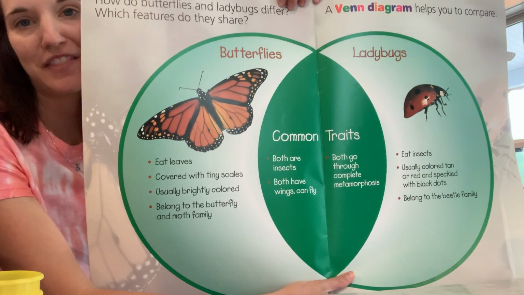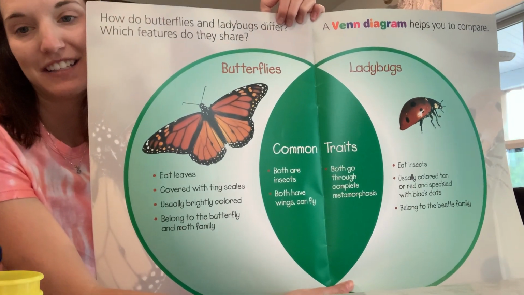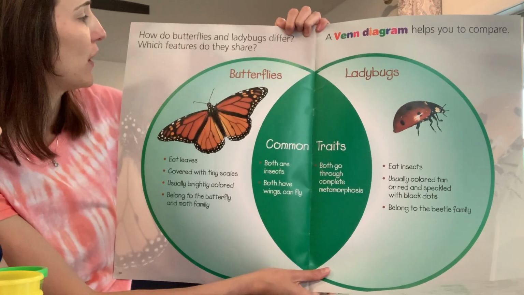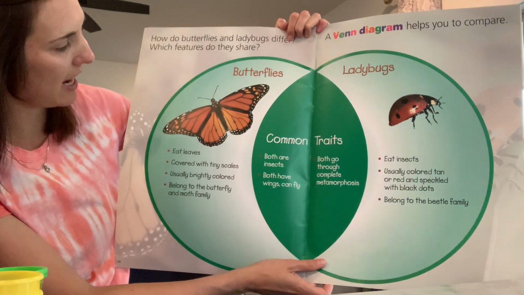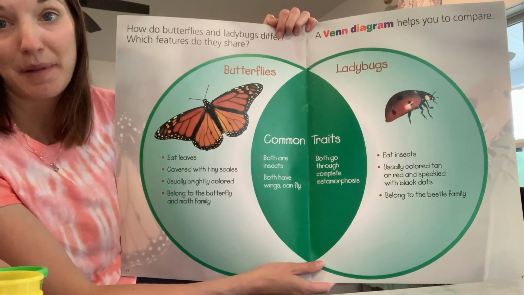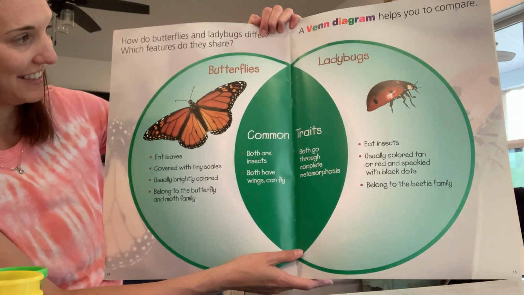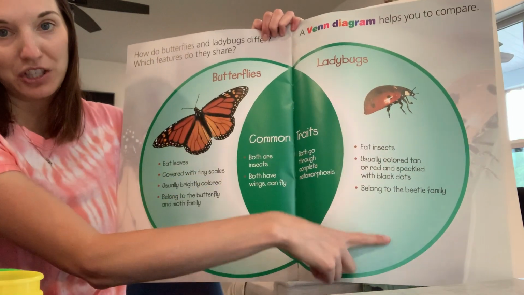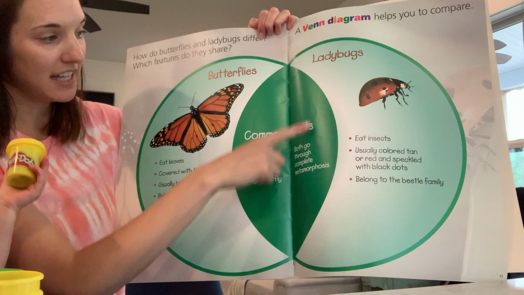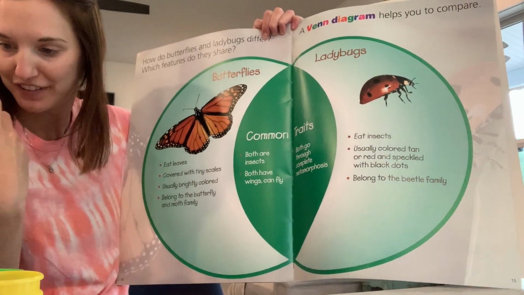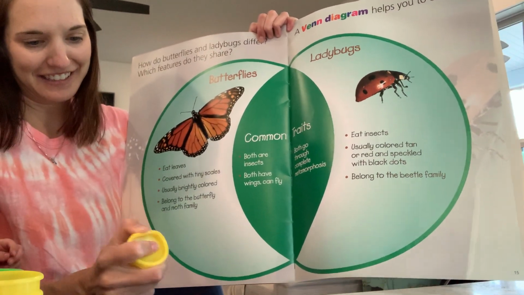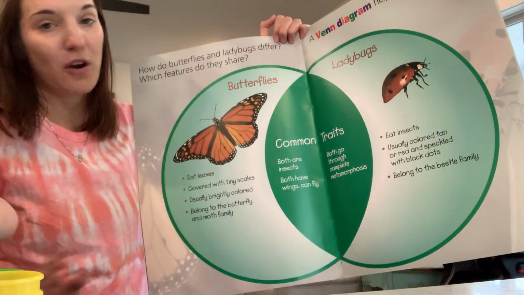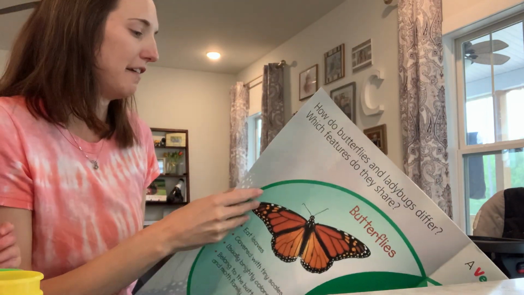Oh, my friends, you know what this is called. This is a Venn diagram. How do butterflies and ladybugs differ? Which features do they share? A Venn diagram helps you to compare. So this side shows what the butterflies are like. This one shows what the ladybugs are. And this one shows what both of them have. Open it. There you go. If I go back, and I'm going to go back to this bar graph,